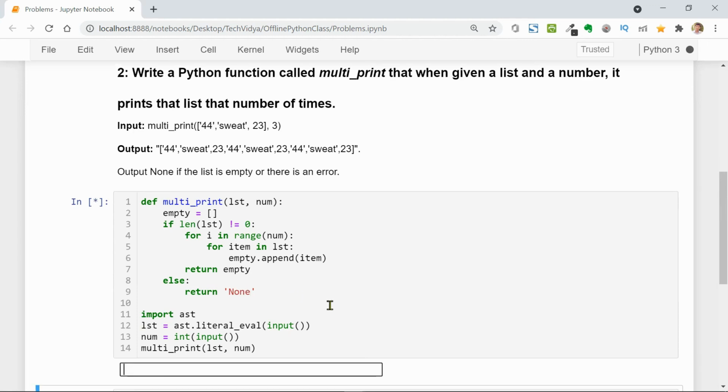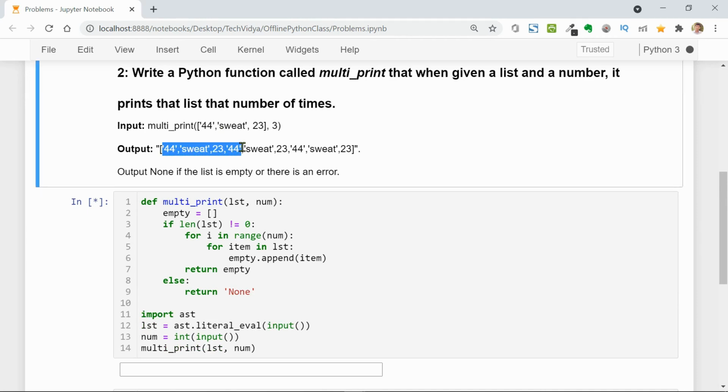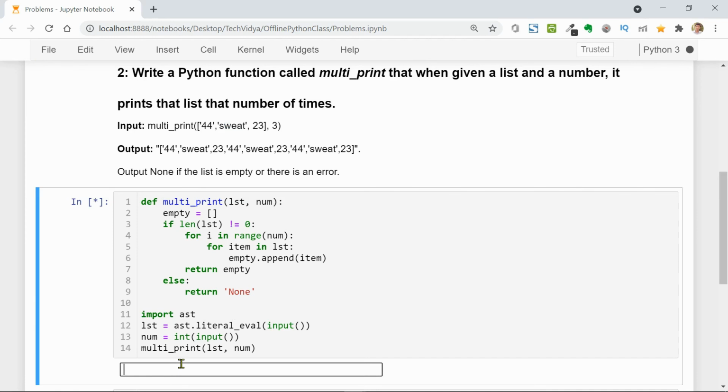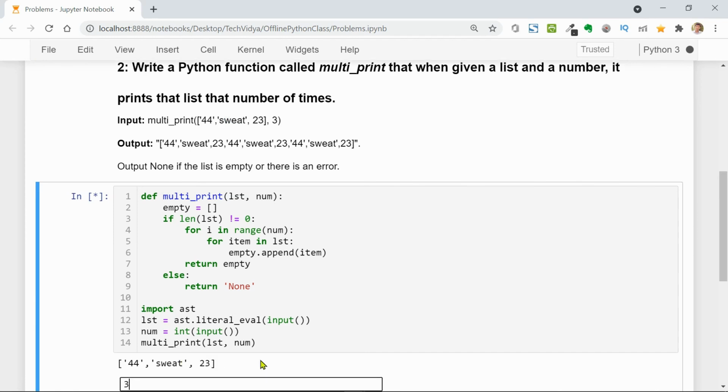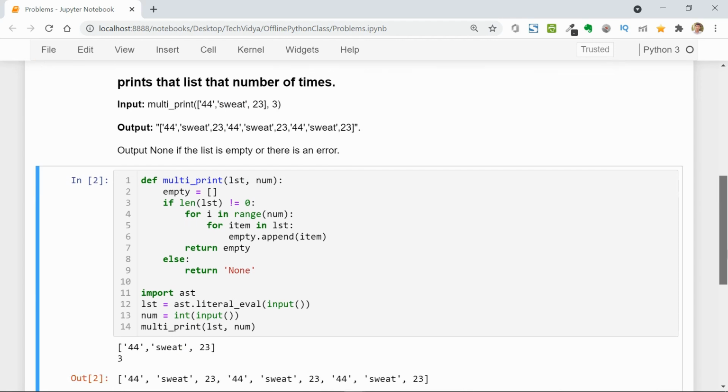Now let's run this and just copy the input and pass this value. Sorry, Control C. Let's pass this value, enter, and 3, enter, and see what we have got here.